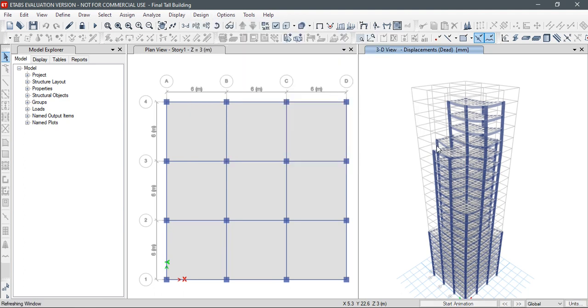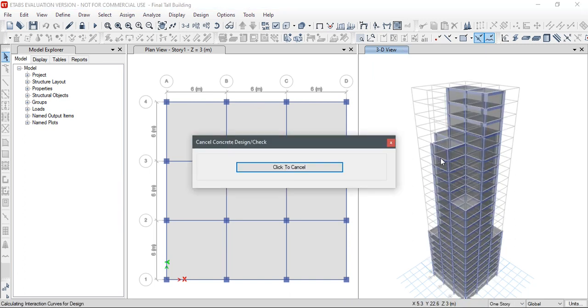Okay, now it will take some time to run the design check.